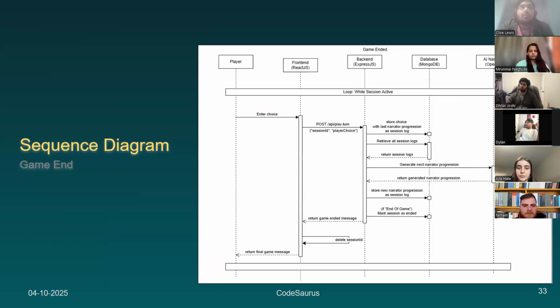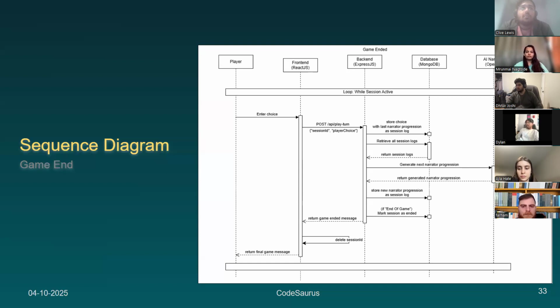And I think last is the game end by the narrator. Suppose you win, you lose. So this will follow the same logic as play turn. The user enters a choice. The front end sends that choice to the backend. The backend stores it as a session log, retrieves all the session logs, and sends it back to the narrator. Every time it goes to the narrator, it decides whether the game has reached its conclusive end